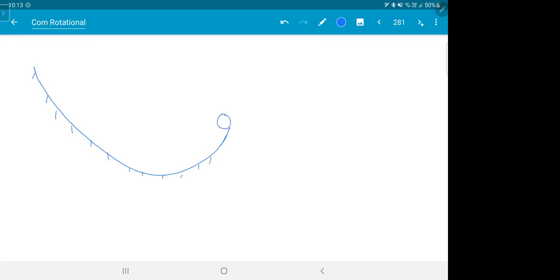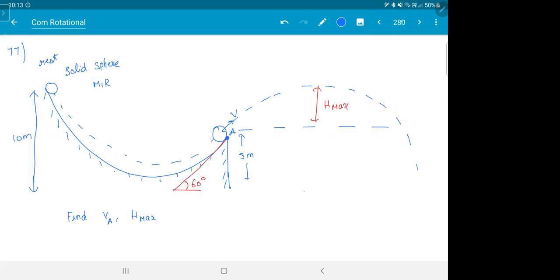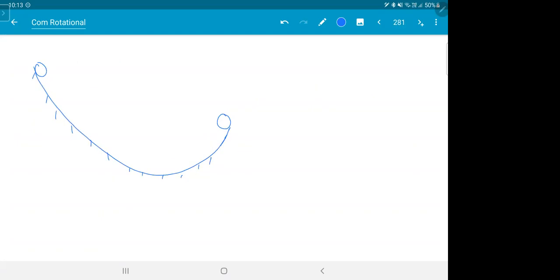So when the ball is here, the ball is here. Now see what I will do. I will not write the state 1, state 2 and all. It is boring. I normally do in the exam like this. So this is 5 meters. This is 10 meters. Meaning nothing different, same thing. Loss in potential energy is gain in kinetic energy. Energy comes out, na? This is the way to do it normally.